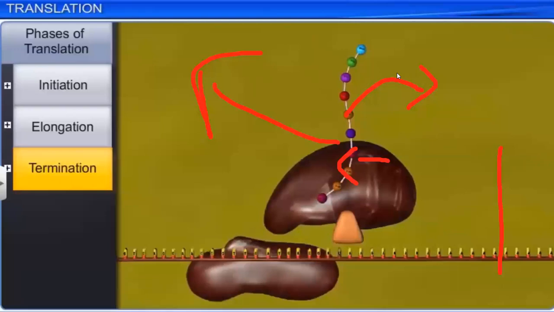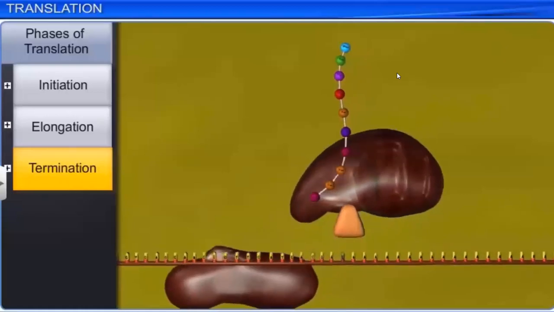So initiation, elongation, and termination. As you can see, to terminate the process, just as initiators are present, there are also terminators, which terminate the process by coming and attaching to that position. This makes sure that unnecessary translation doesn't happen further. So this is how the whole process dissociates, and the mRNA...